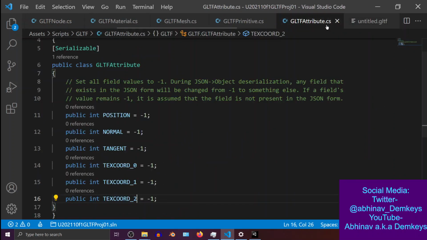I think an attribute. Okay, so as an example, attribute is one of the classes that's going to be used, and you may not necessarily have all of these fields present. You will have position, you will have normal, you might have a texture coordinate one, you might have more. That's not always guaranteed. You might have a tangent field. So depending on whether that specific glTF file has it or not,